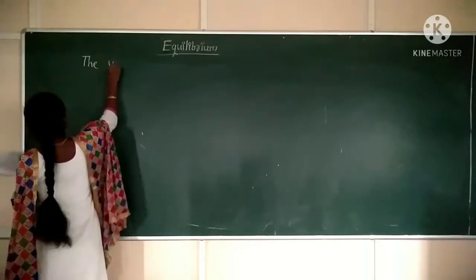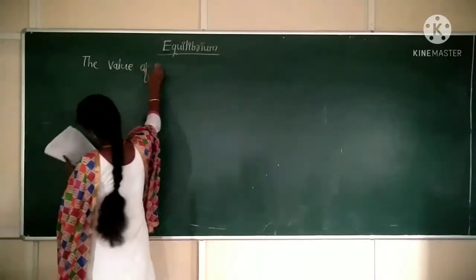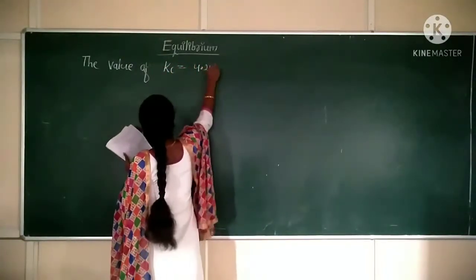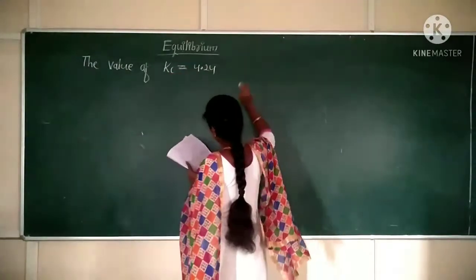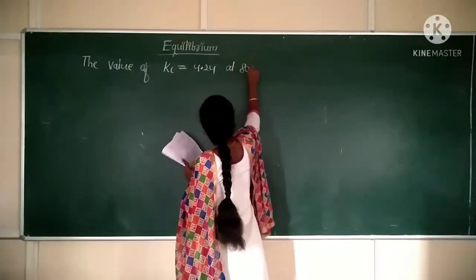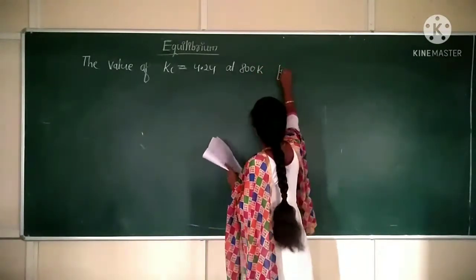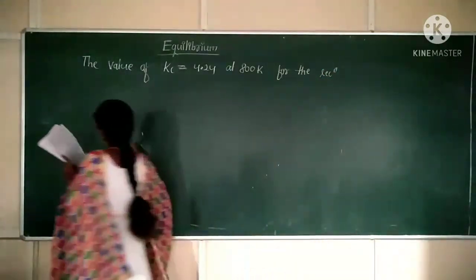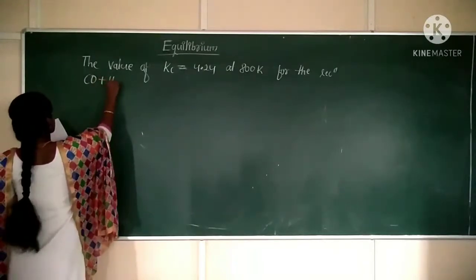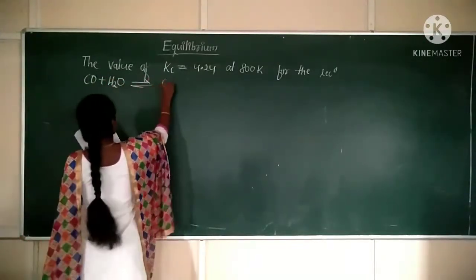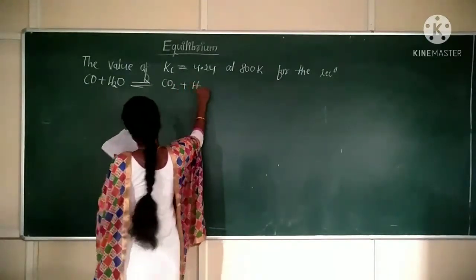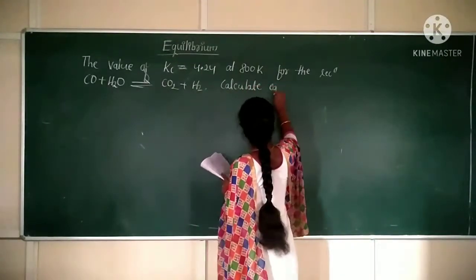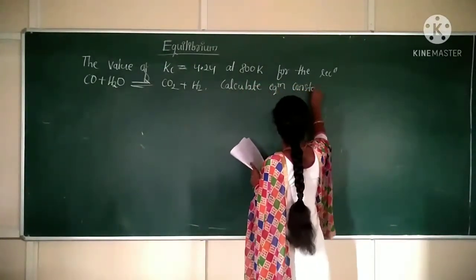The value of Kc equals 4.24 at 800 Kelvin for the reaction CO plus H2O gives CO2 plus H2. Okay, calculate